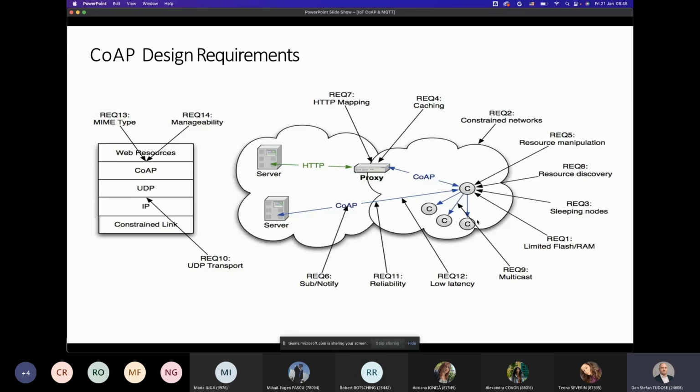So you're going to have a lot of packet loss. You're going to have a lot of noise affecting your communication. Then, in order to conserve energy, you would employ some duty cycling scheme to your devices. So the devices don't always communicate.